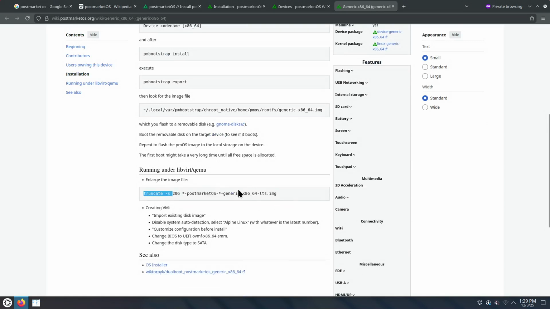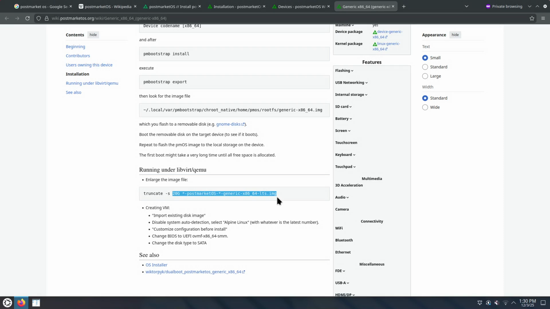Okay, in here it says that if we don't like the size of the img file, so the img file is a pre-installed operating system. So it's similar to a QEMU virtual hard disk where the operating system postmarketOS has already been installed. So it contains partitions, there's a bootstrapper, there's a GPT probably partition table, a bootloader, and a main partition for slash. And we can increase the size of the partition table and of the main partition to any size that